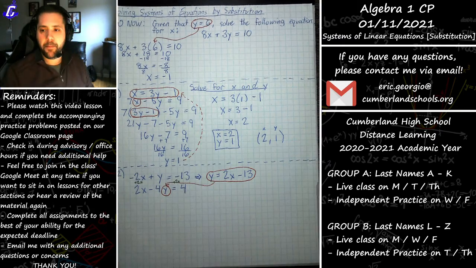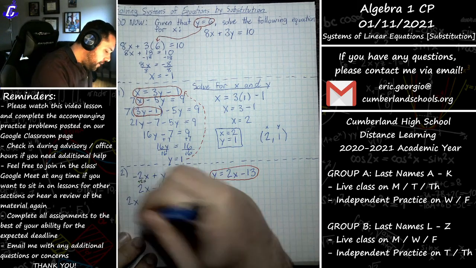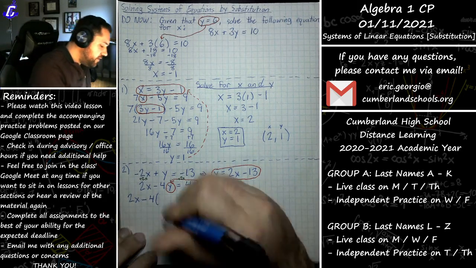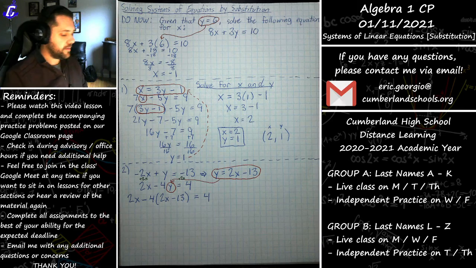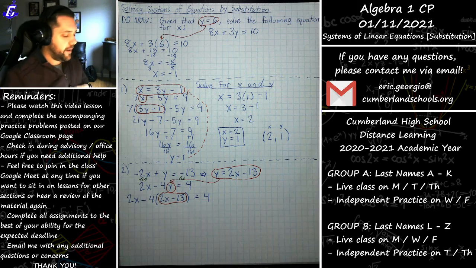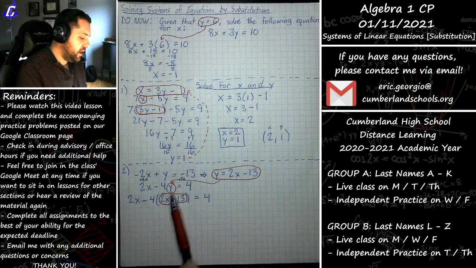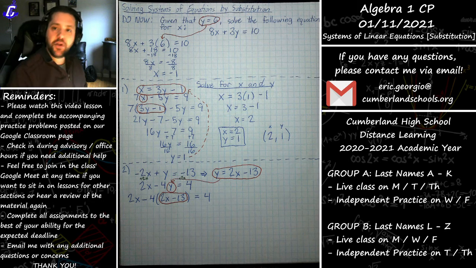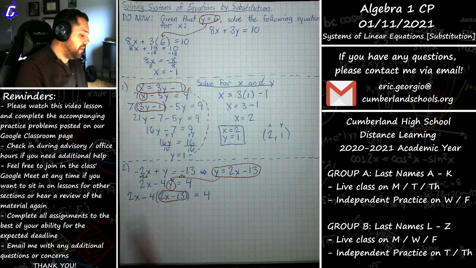We could substitute it, giving us that 2x minus 4 times y, but we're now not calling it y. We're going to call it 2x minus 13 is equal to 4. Again, notice how that expression just substitutes for the value of y, because y is equal to that. So we're allowed to replace or substitute y with this. Almost think of it as, hey, I came up with a new name for y. You know what my new name for y is? 2x minus 13. So everywhere I see a y in the second equation, I'm going to replace it with 2x